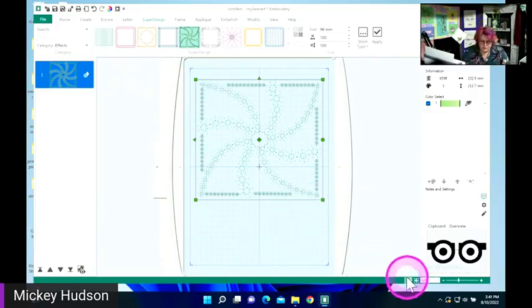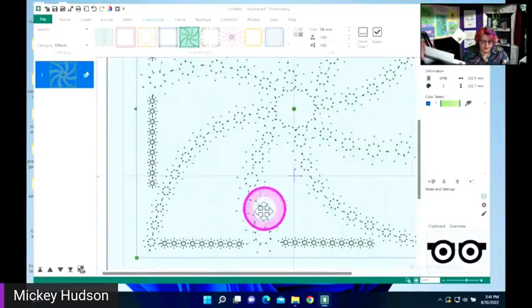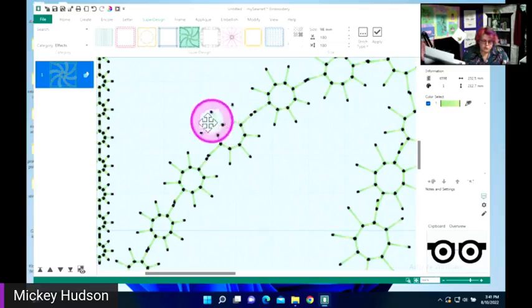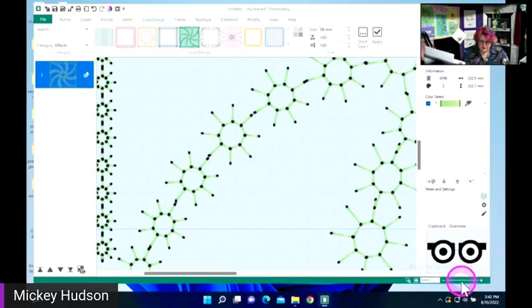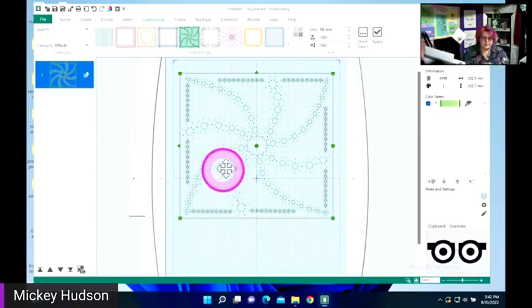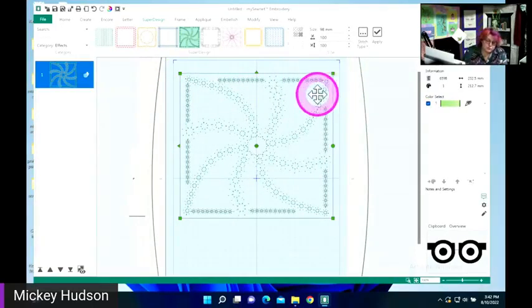And so I'm going to zoom in so you can take a good look at that. If you'll see here, these little dark spots that you're seeing are imitating where it's going to leave those holes. So those are where you'll see the holes, and the stitches will pull everything nice and snug. But what we can do is, just like everything else, we can change this because this is still a super design. We still have the green tab, which means we are able to play with it and